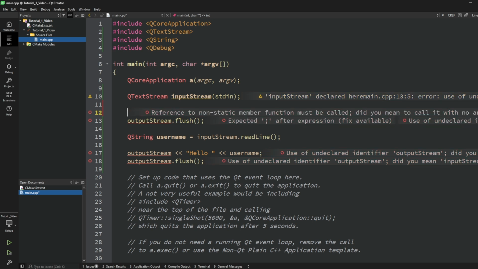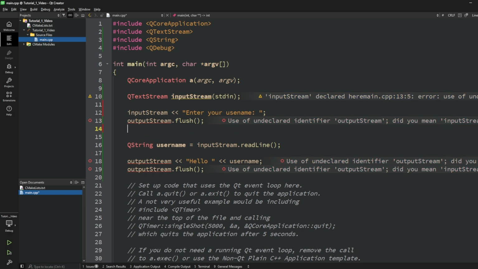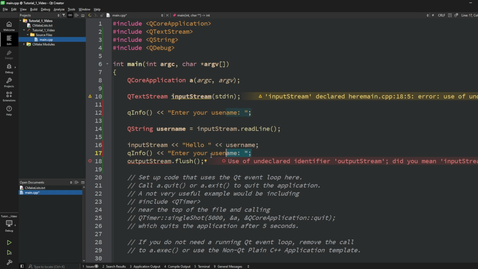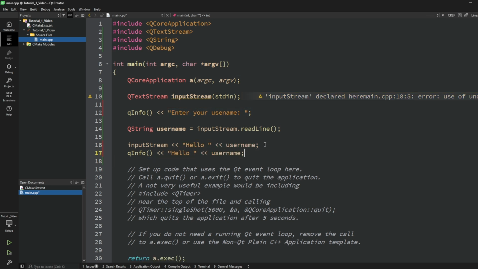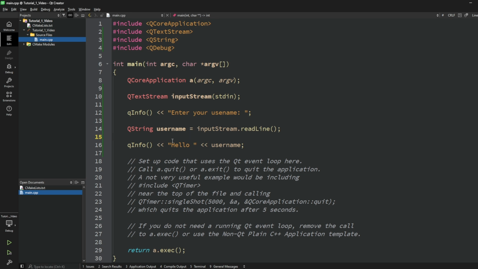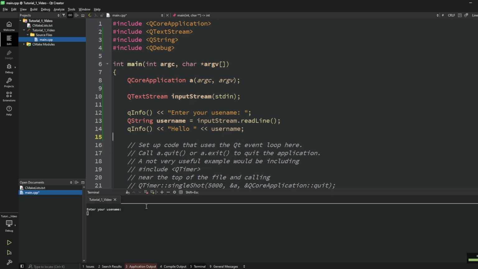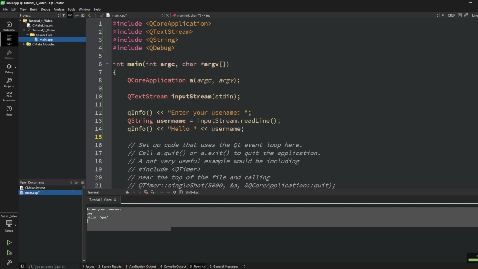Oh, sorry, I deleted all the text and I don't want to write it one more time. So I will just copy and paste. And here it's similar. I don't want to write it one more time, so I will copy and paste. Let's quickly run just to make sure it works, and I will explain what is happening here. Can make it more beautiful like this. Enter your name, no QE, and as you see